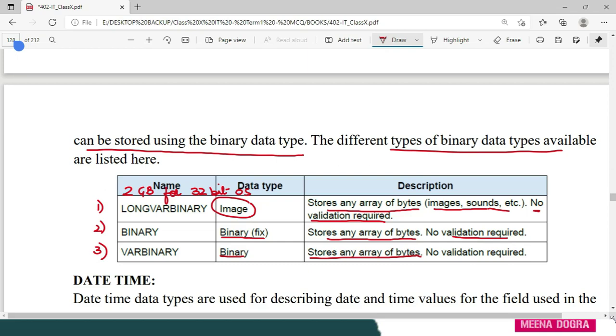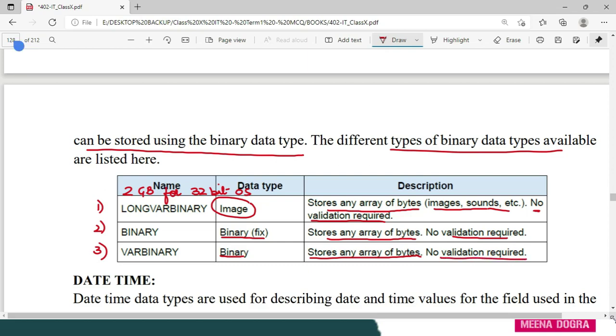Fine, if I am entering a day number for the month of April, I cannot enter 31 as the day number because April has only 30 days. Fine. So these are various validations that we impose on fields so that data integrity is maintained and accurate and consistent data is allowed to be stored in a database. But in case of binary data types, validation is not required.